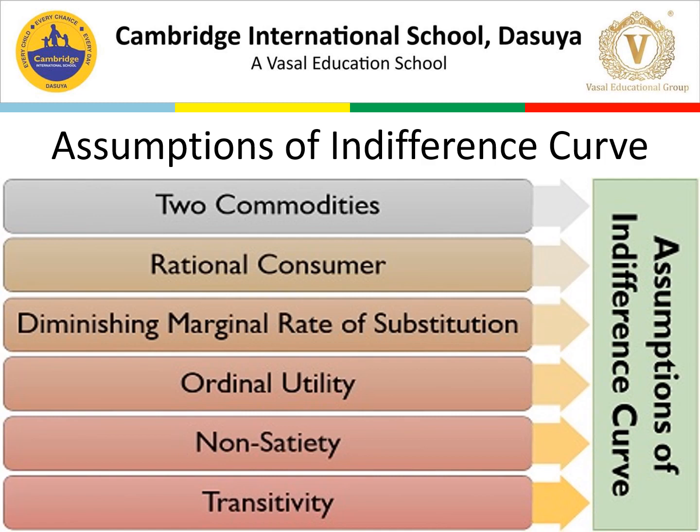Next thing is we always assume the consumer is rational. The consumer is assumed to behave in a rational manner, as he aims to maximize his total satisfaction. So whatever he spends, he wants to have full satisfaction with that. Next is diminishing marginal rate of substitution. Indifference curve analysis assumes diminishing marginal rate of substitution. So it is the law prevailing here.